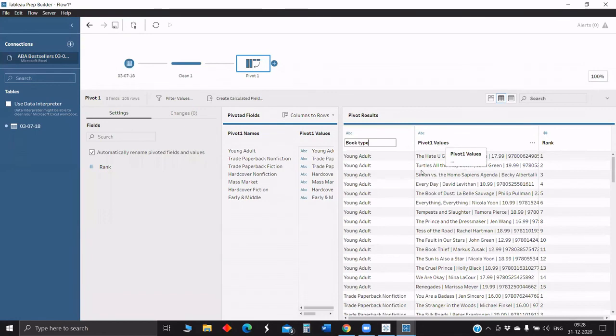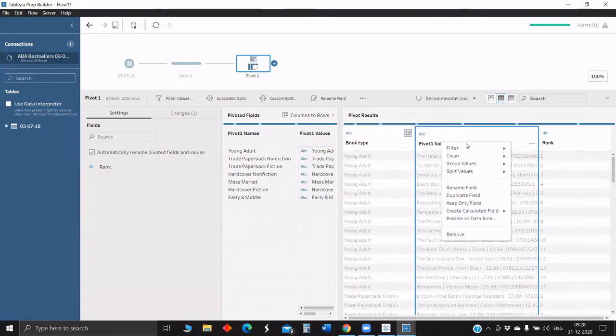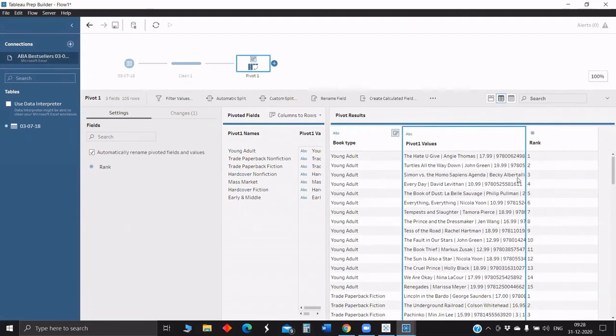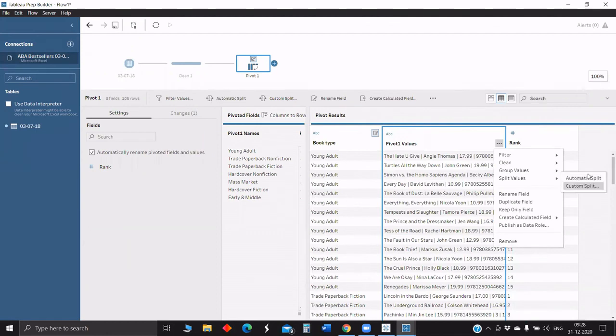And pivot on values, currently it's book name, author, which I have already told. This data point doesn't make sense, so I will go forward and add an automatic split. Now based on the delimiter, it will split into 4 or 5.